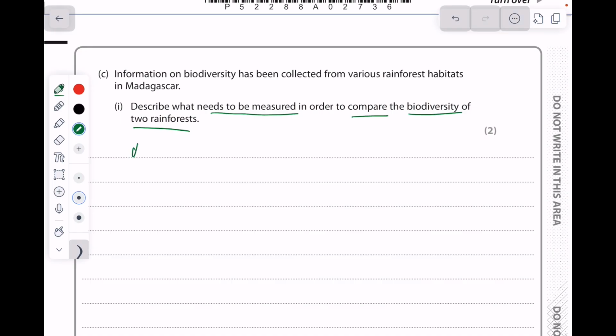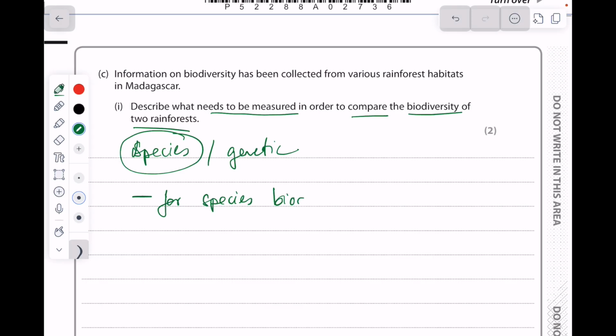Now remember, biodiversity can be species and it could be genetic. So in order to get the species diversity, we would need to record for species biodiversity,